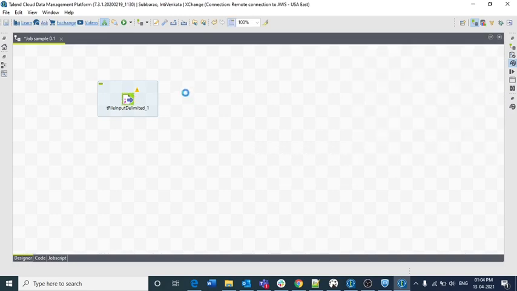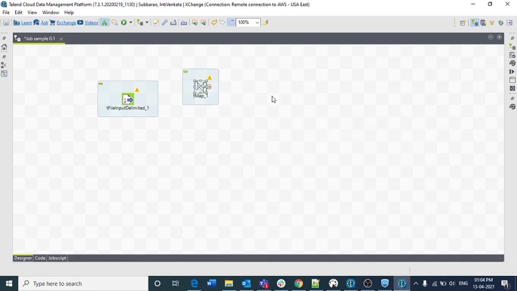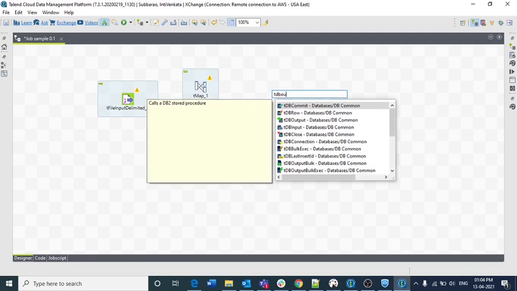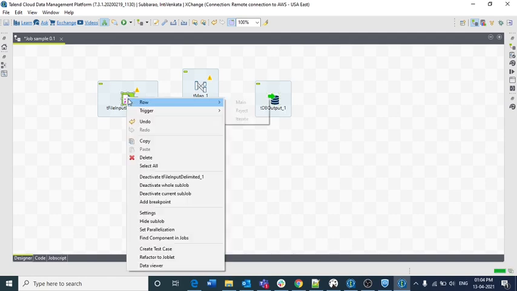I am saving it, and now for our case I am taking a tMap, and then a tDBOutput. We need to do some configurations there.